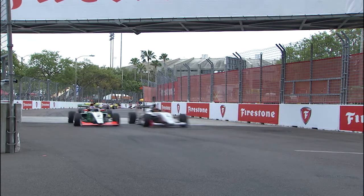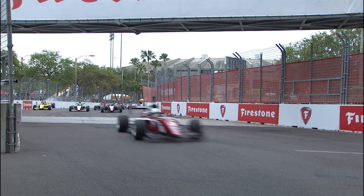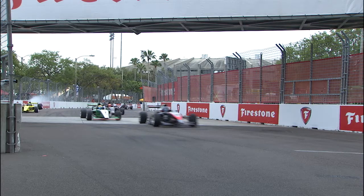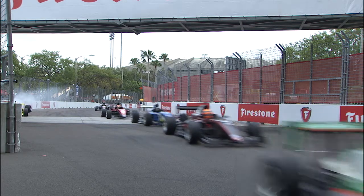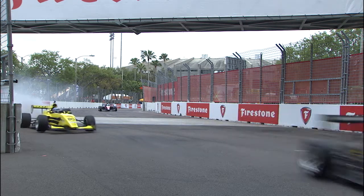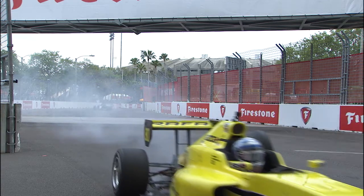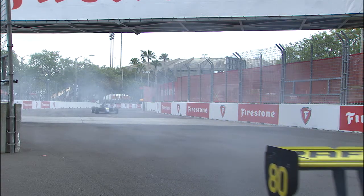Oliver Askew started on pole, and was all the way back there as well. So that corner, I think what happened really, everybody had to check up because Harrison Scott went into turn 1 so aggressively. Everybody was on the brakes early. When you see someone coming through there, the dust flying in the air, he just locked the brakes up and went absolutely straight through. Now, we may see who it is if there's anybody else that comes into the pit